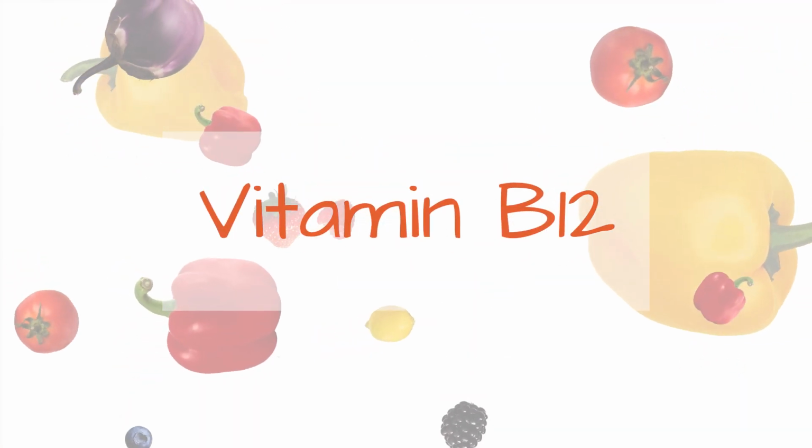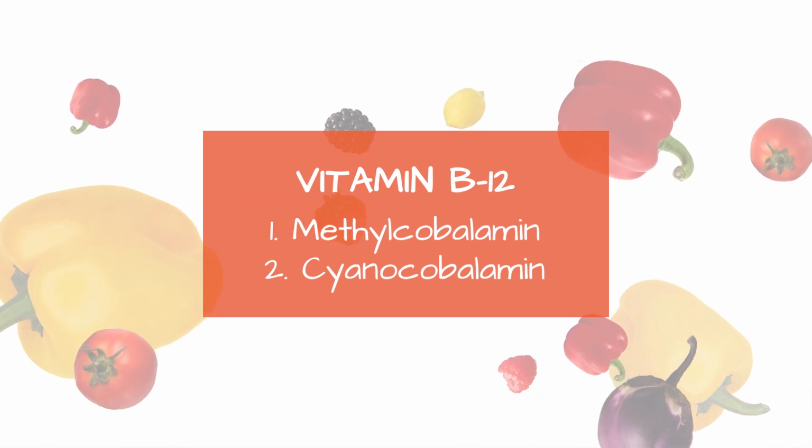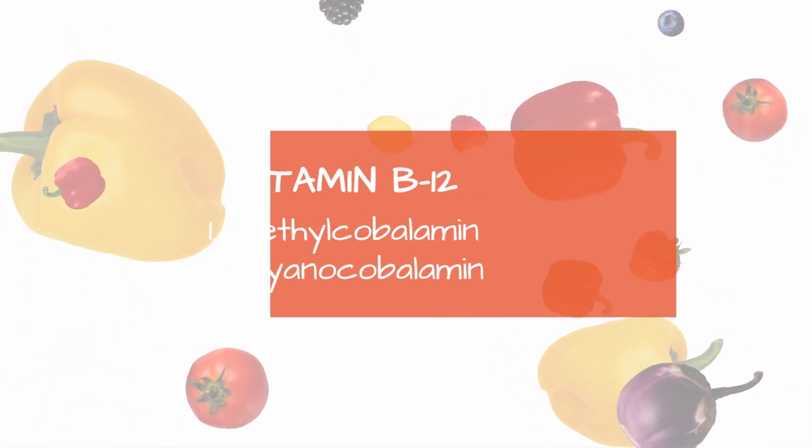Next one up the list is B12. This one is very important because there are no plant foods that will fulfill your daily allowance. You will need to supplement this vitamin, but it's so easy, it will pose no issue at all. There are two types of vitamin B12, methylcobalamin and cyanocobalamin. The most common that you will find is methylcobalamin, and that's okay to use, but I do recommend cyanocobalamin because